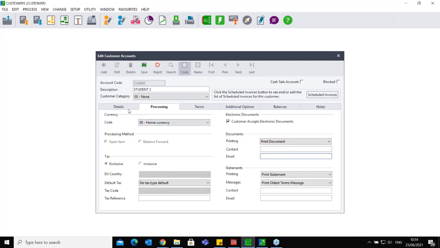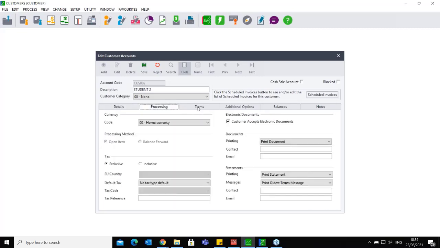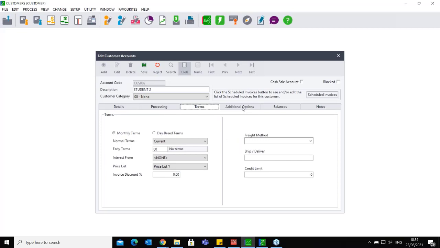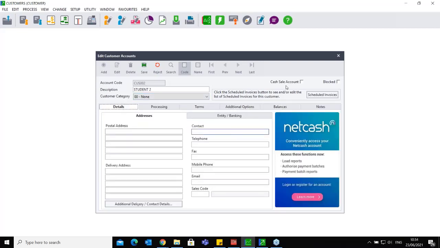This email, as well as the email that you set up on the details tab. This is very important if you're going to be emailing your customers. Okay. Other than that, on your customers, there isn't much that I'll say is quite difficult. It's pretty straightforward. Oh yes, and at the top, if you are using point of sale, right at the top